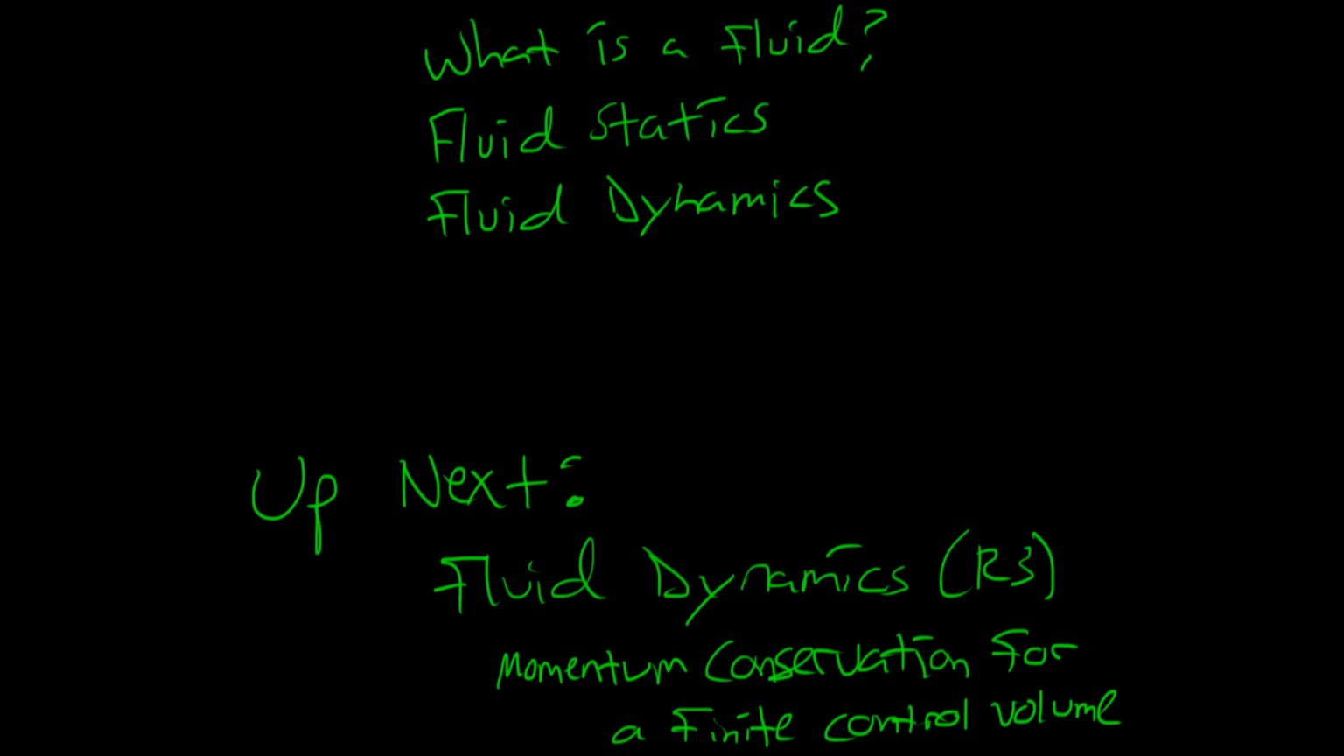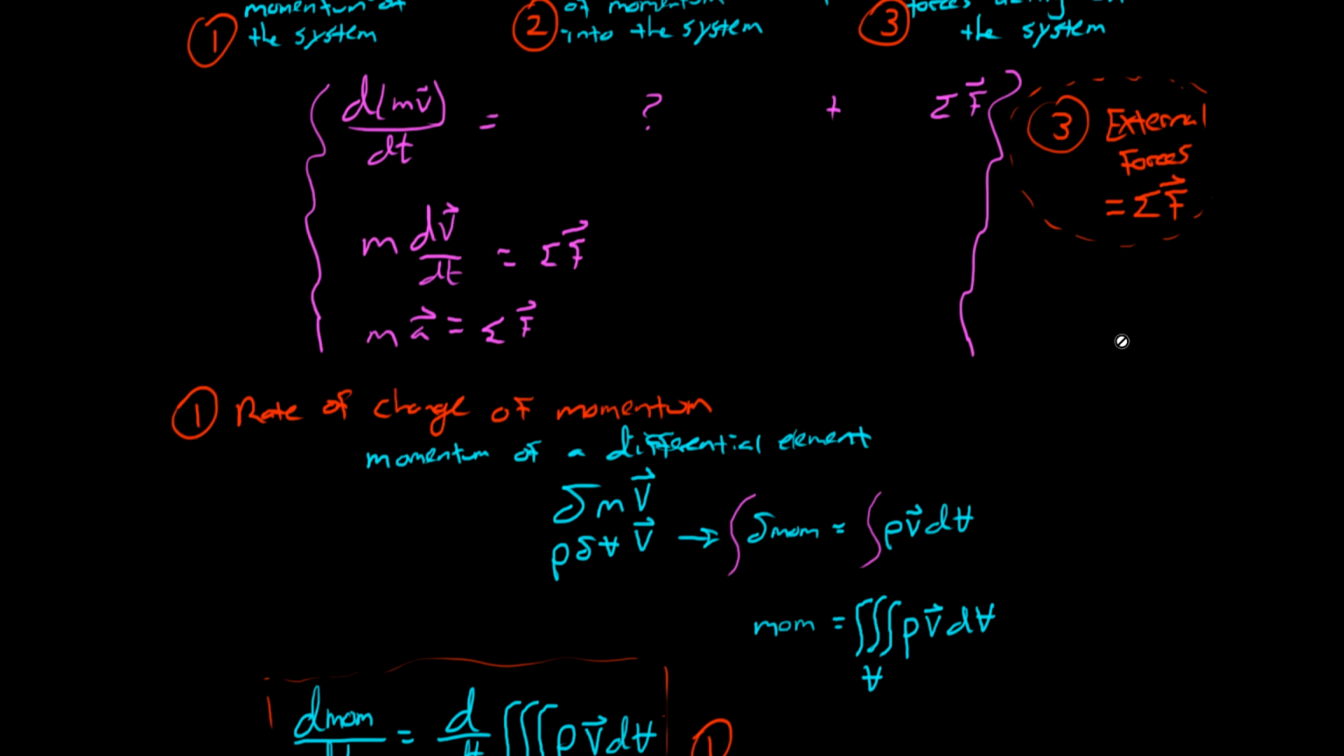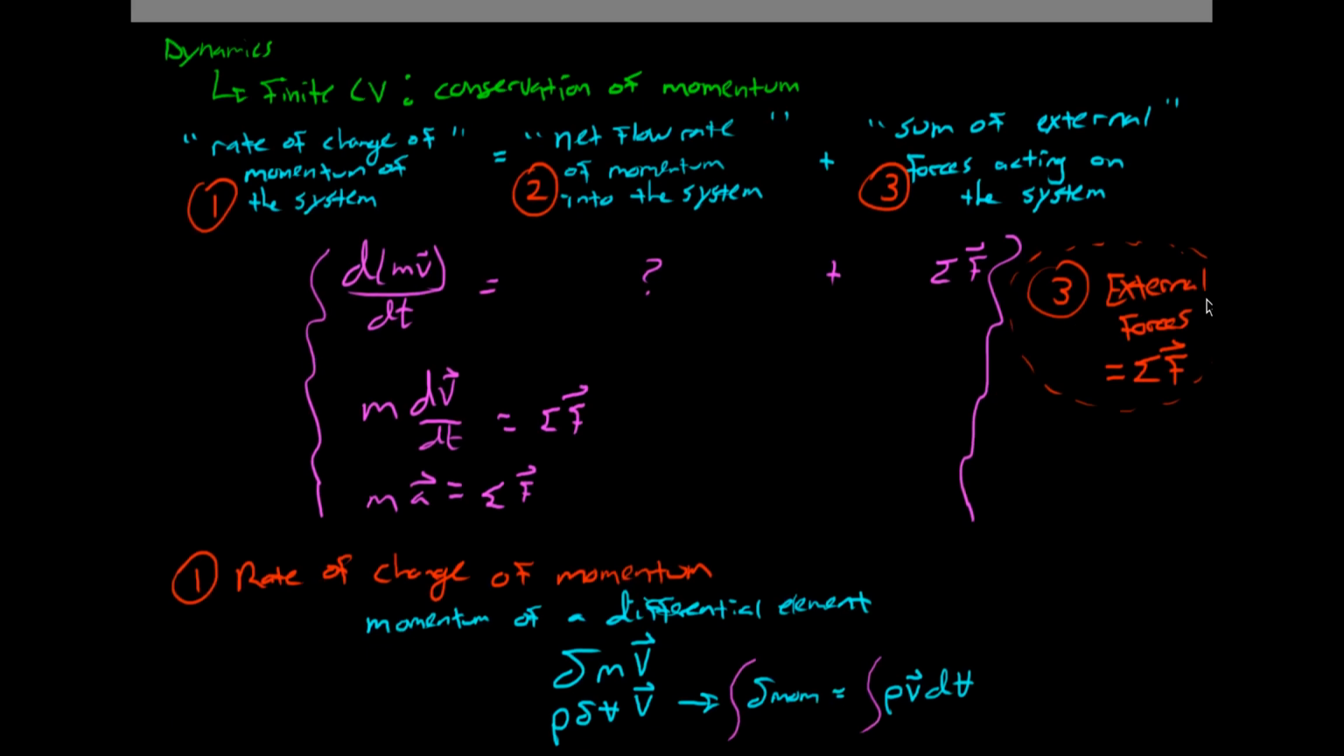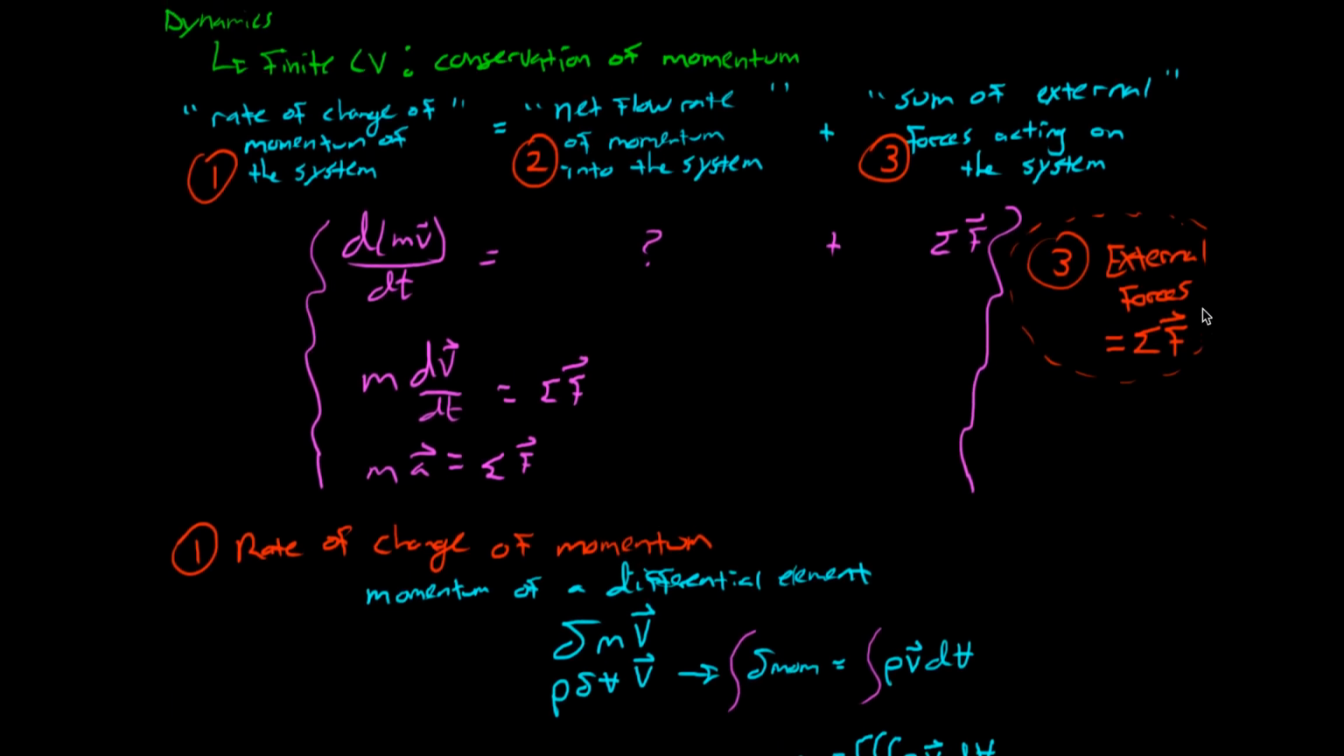Let's derive the conservation of momentum for a finite control volume. Remember, finite control volume is going to give us the integral form of the equation. So let's start once again with the concept and then turn that into math. Conservation of momentum says momentum is neither created nor destroyed, which lets us write a balance equation of the form